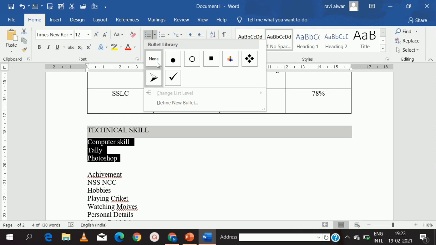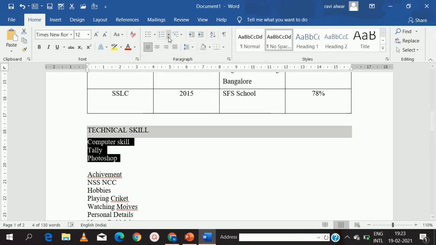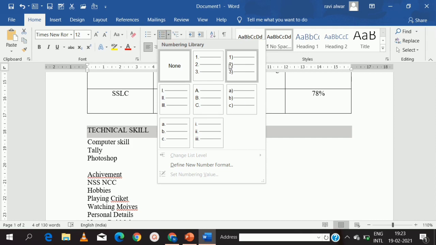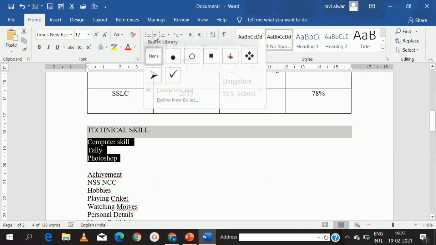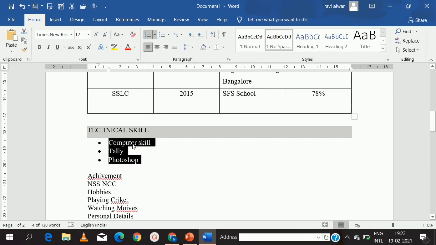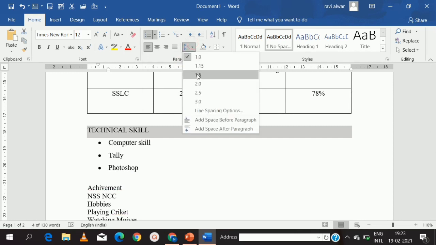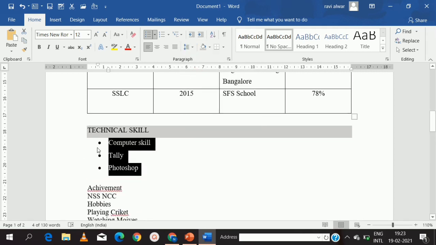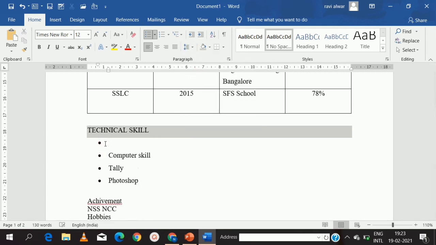You can choose any one of these, or if you want numbering format you can do this. I don't want numbering format, so I will use this dot, and I want a little space between each line. So I will select 1.5. Then just enter a little down.